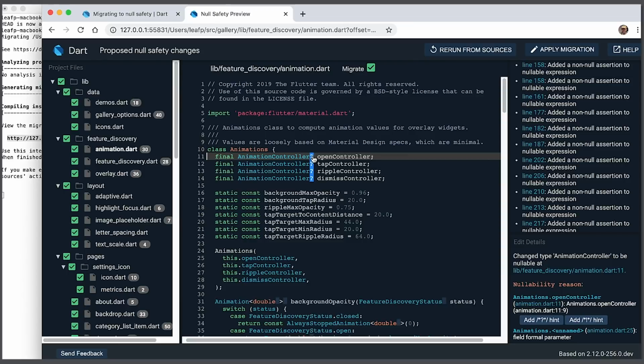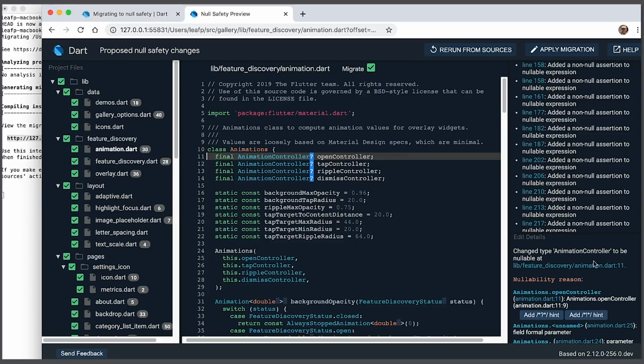If we click on one of these, we can see down in the bottom right pane a stack of the reasoning that led the tool to make the decision that it made. It's essentially telling you what flow of control and data through the program led it to decide that this should be a nullable variable. And if we walk back through that flow, we can reconstruct very quickly, and without having to do a lot of exploring in the code or debugging, why it's made it nullable and whether we agree with its reasoning. So let's do that.